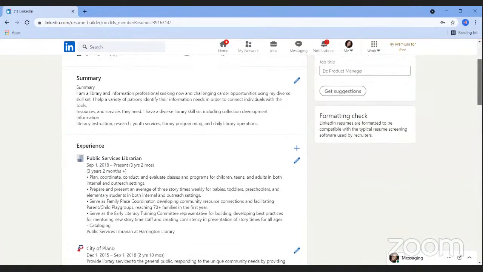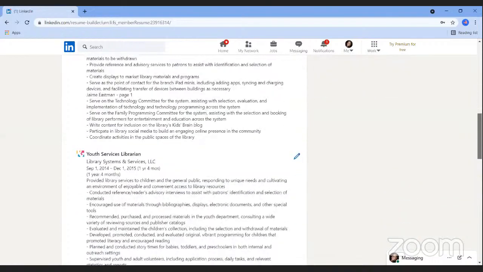Now you'll notice formatting doesn't always carry over when we do that. So my summary looks a little bit special. I've got some random spaces in here that I might not need. I've got duplicate information where my dates are copying incorrectly.